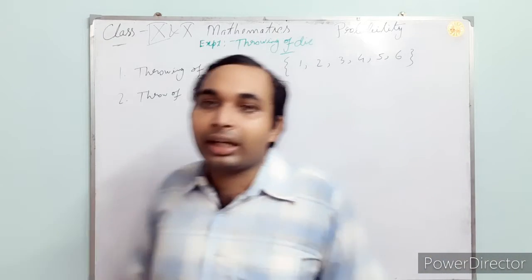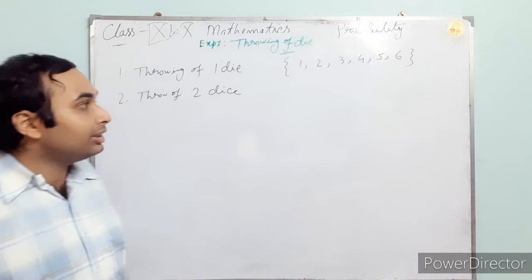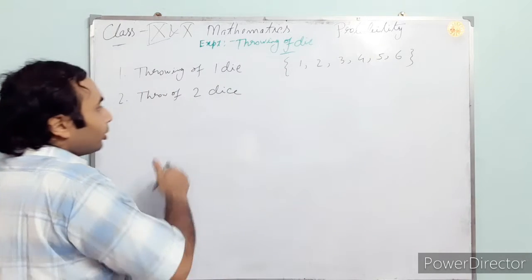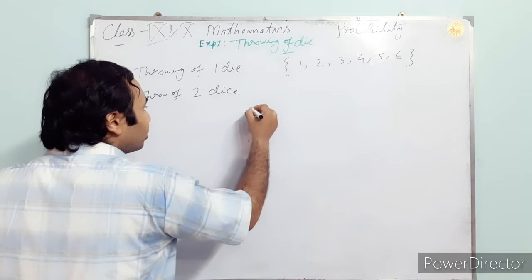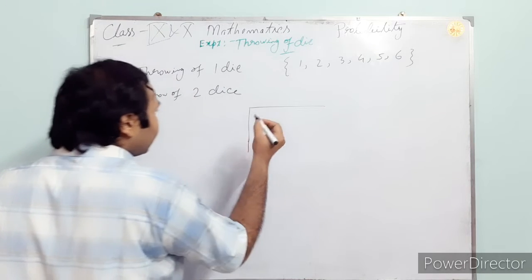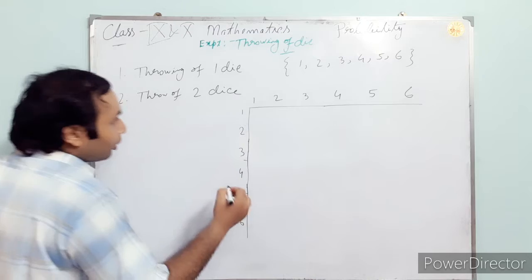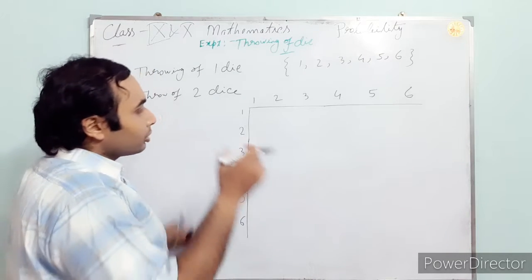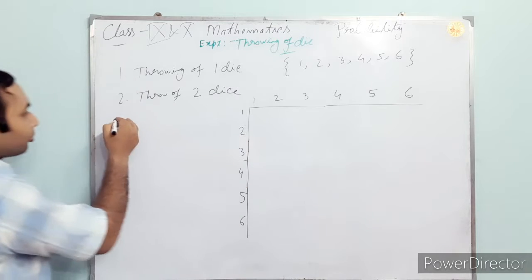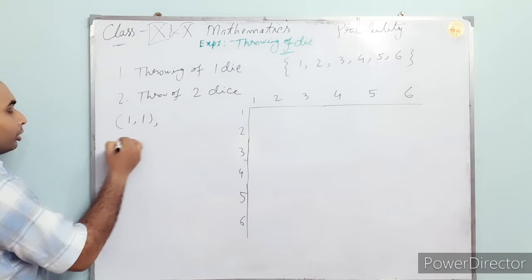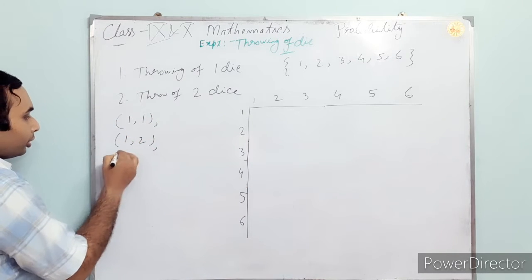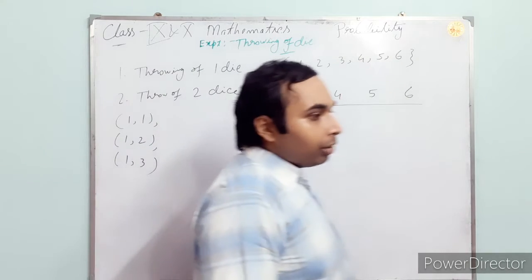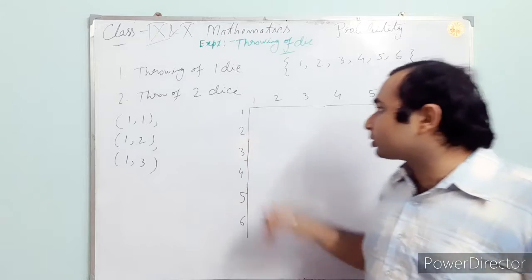Possible outcomes are there, and it is not very easy to write the 36 outcomes. I have one technique to write them down, a very easy technique. Okay, just follow this one. Now just see, those will come in ordered pairs. Actually you have to write like this: 1 1, then 1 2, then 1 3, like this. So for making it easier, I will write this one.